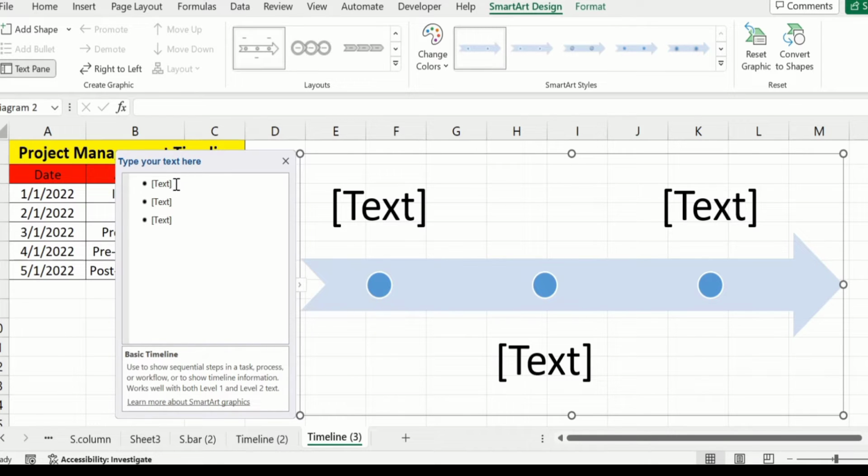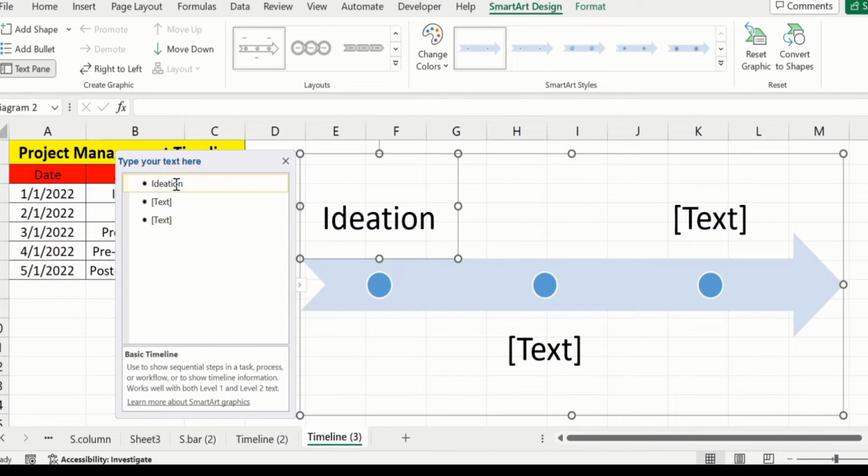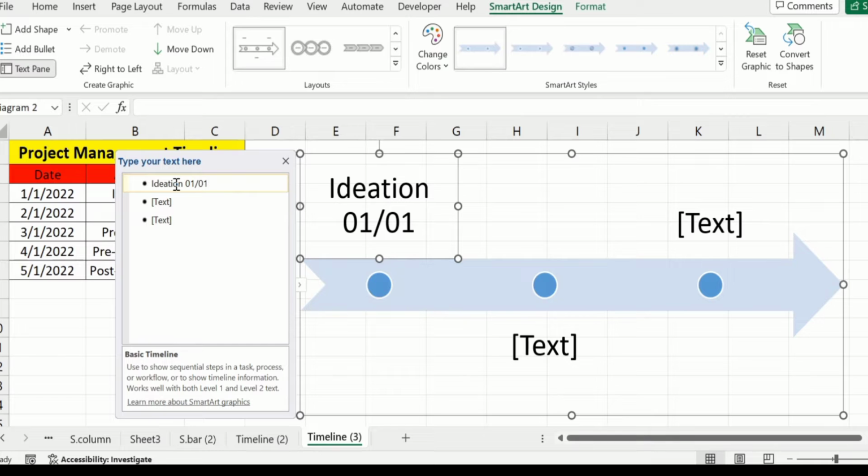Click here. First one shows the ideation. I will write ideation. You can also write down the date, which is 1/1/22. Currently, you can see here this text is changed now. Simply click on next one